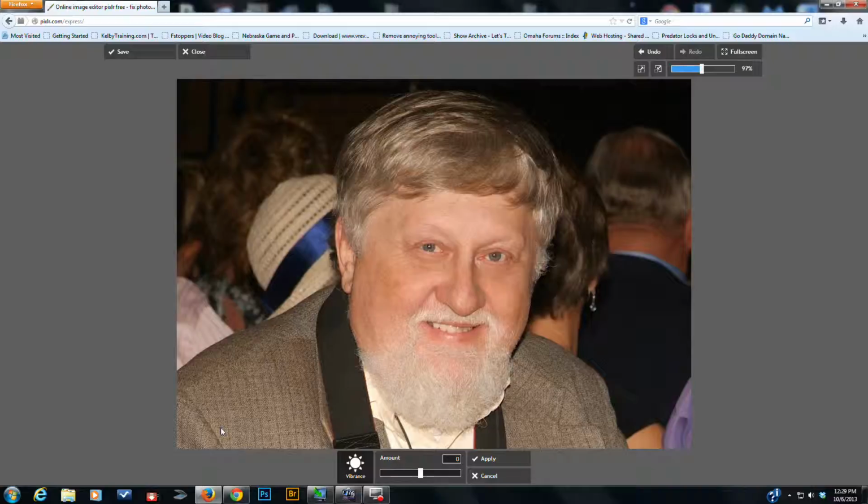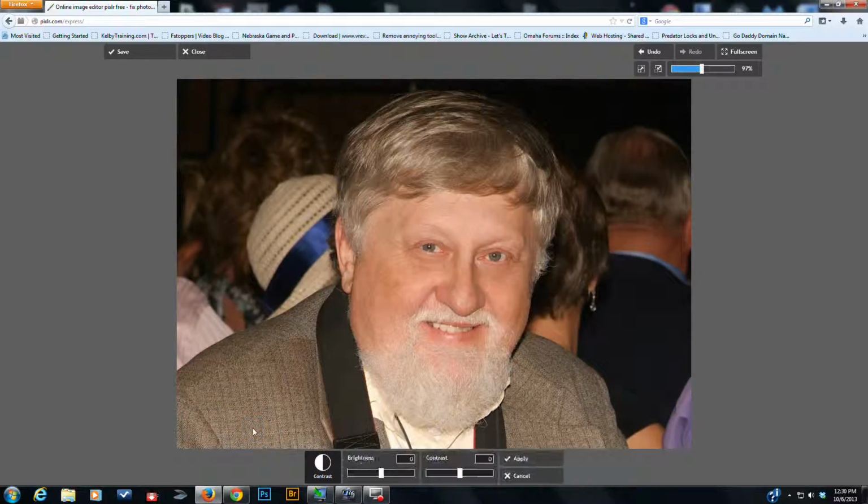Vibrance kind of punches up certain colors that haven't had enough color in them. And as you start doing that on this image, we see nothing. Oops, we do see some. You'll get a saturation increase in some areas. Vibrance should be used sparingly, and it sometimes will help an image. The particular image I have open is probably not the best choice to show you this example. What I want to do is go through every one of these options without having to switch images all the time. So we'll cancel out of that,